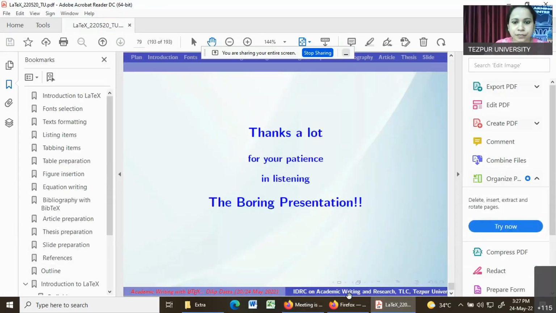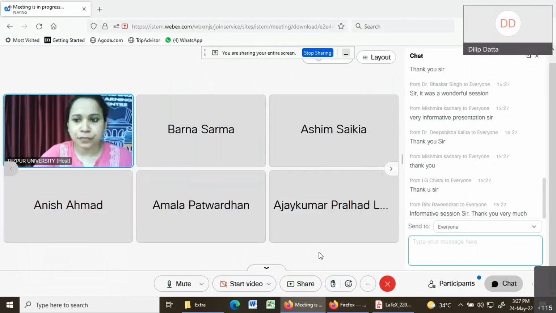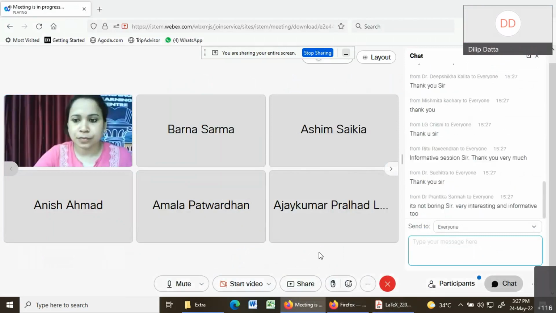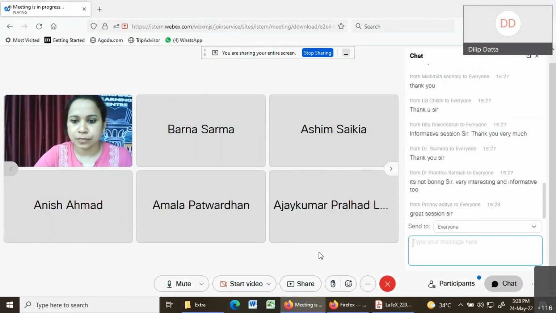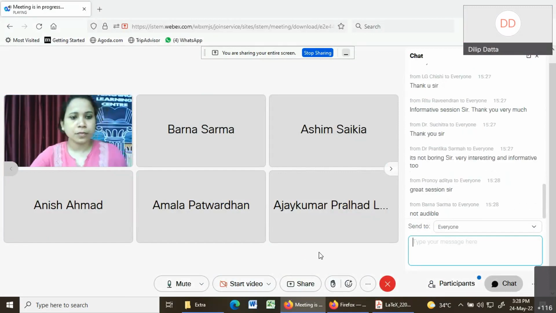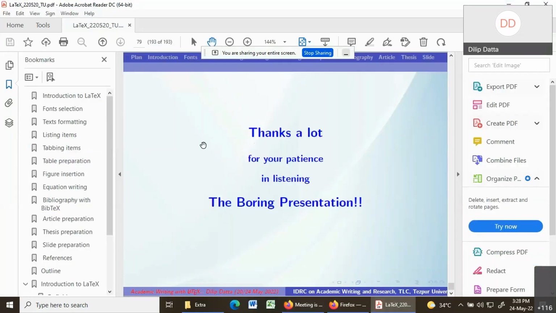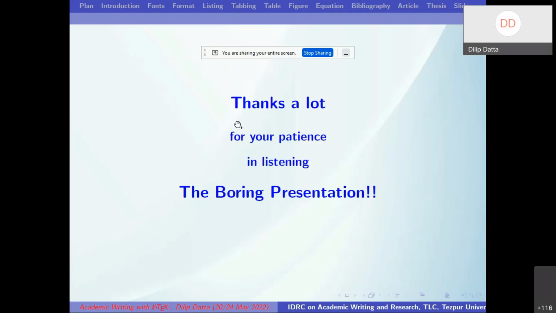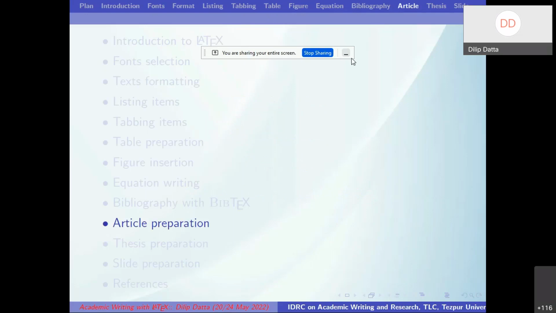Bornam, particularly for Tezpur University, we have a standard bibliography style. As I mentioned at the beginning, many publishers have their own standard. Similarly, Tezpur University also has its standard bibliography style that is on the web page, and it was also prepared by me. You can see it on our web page, and how it is to be loaded there. That also I showed. If I go back to this bibliography,